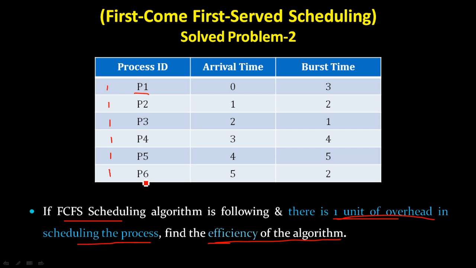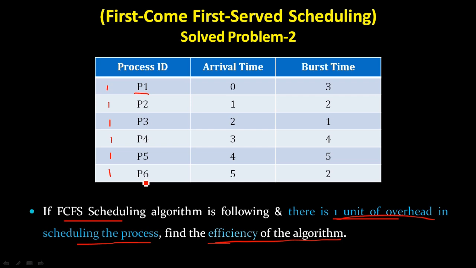If you didn't see my video, go back and watch my video on context switch. There you will understand that switching between the processes takes time. When the CPU switches from one process to another process, it takes a certain amount of time. That amount of time is called context switch. So here we are denoting that one unit of overhead with the help of the del symbol.